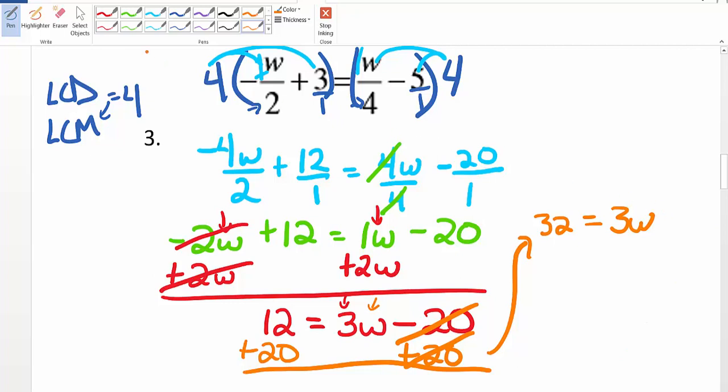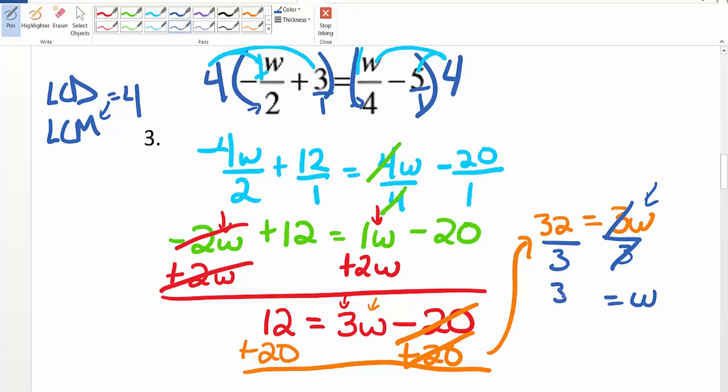Now, lastly, we have 3 W's, but we don't want 3 W's. We want just W all by himself, like W equals something. So what we're going to do is get rid of this coefficient by dividing by that coefficient, in this case 3, on both sides. On the right side, they just cancel out with one another, leaving us our variable, W, all by himself, equals